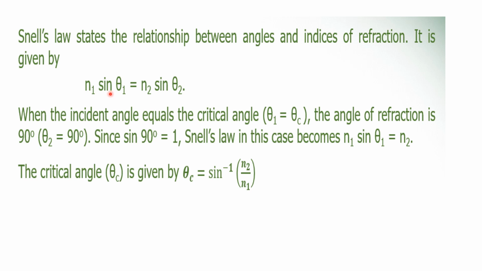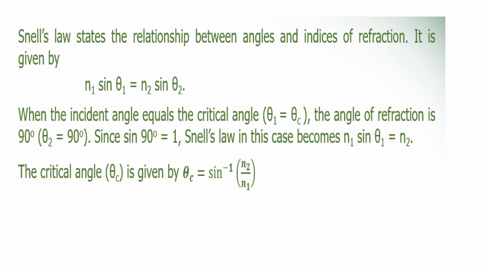So you are going to apply Snell's law for it. Snell's law is nothing but the product of the refractive index of one medium multiplied by the sine of the angle of incidence is equal to the refractive index of the next medium, the second medium, multiplied by the sine of the angle of refraction. So n1 sin θ1 is equal to n2 sin θ2. Okay, so when θ1 is equal to θc, θ2 becomes what? 90 degrees. Just now we saw in the picture. So when I substitute that,